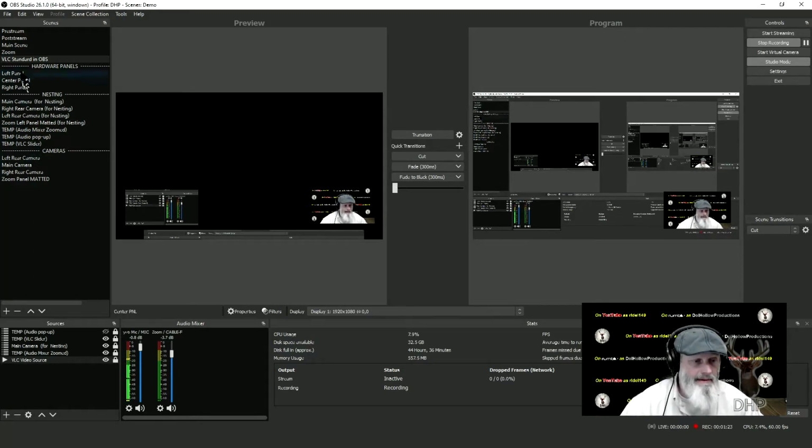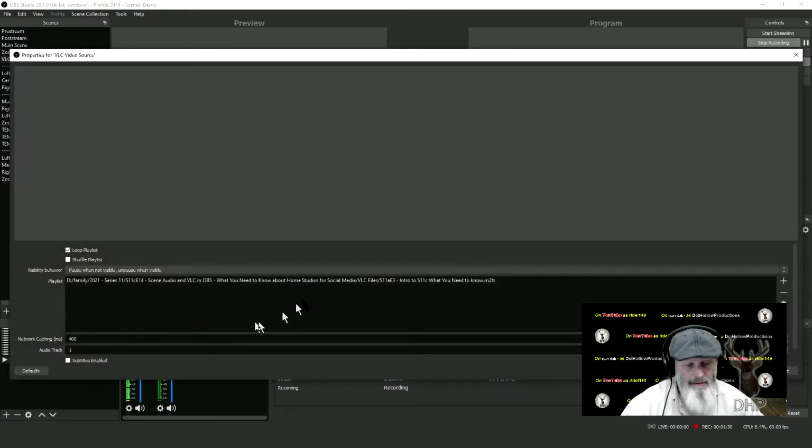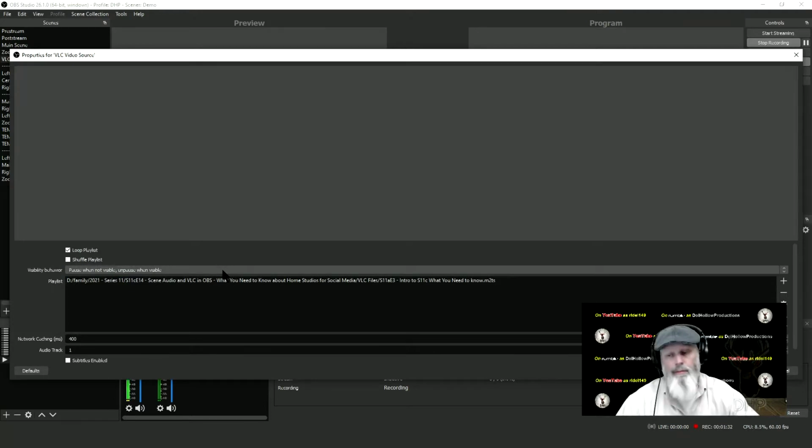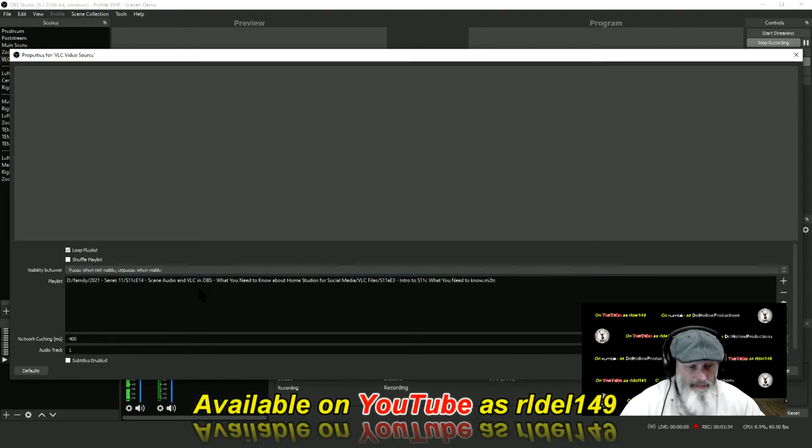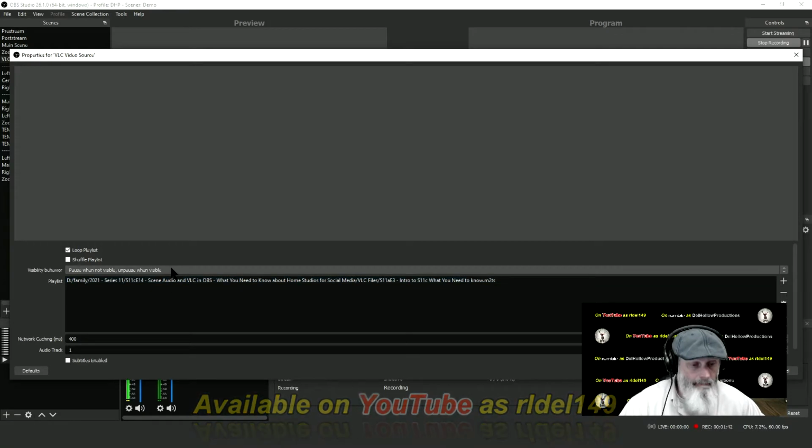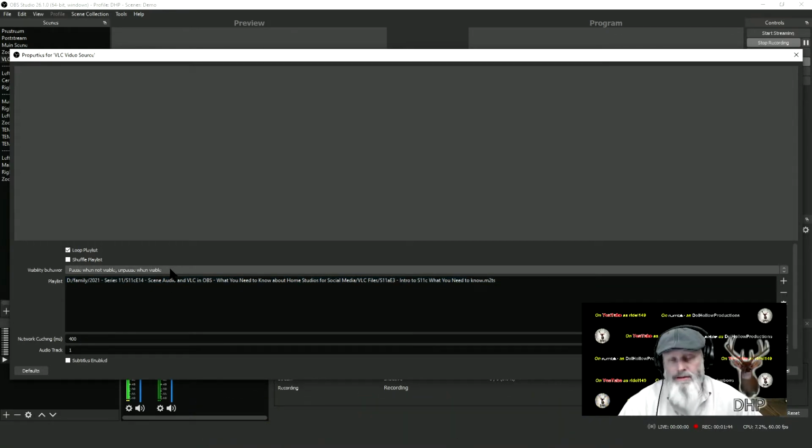And I have it nested inside a scene up top that you see up here. So let's just double click what the VLC looks like, and it brings up a pop-up. Now this pop-up in particular shows what my playlist is. For simplicity's sake, I've got a single file here loaded up, and we have 3 choices how VLC will behave in the OBS environment through these natural